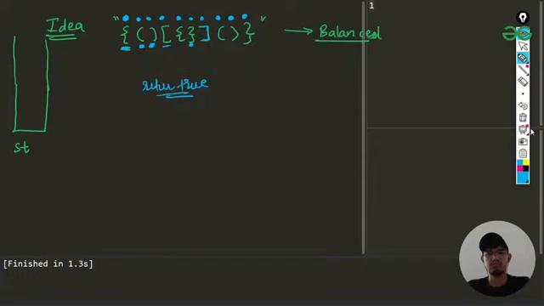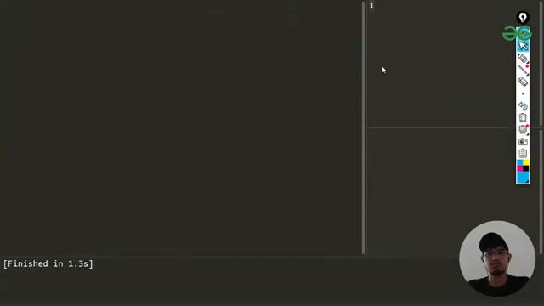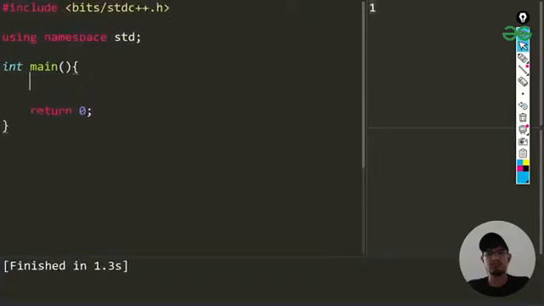Okay, so let us discuss this problem now. First thing, I'll be writing this boilerplate, making this a little bigger, and I'll be making a string in which I'll be storing all these values. So we have this one, and I'll be constructing a different random string. For this it should be returning us balanced, because this is balanced, right?